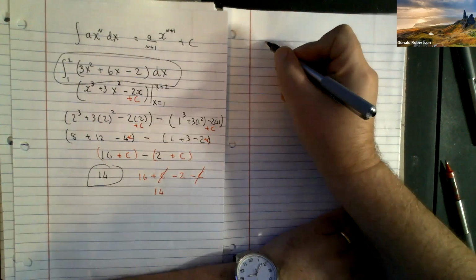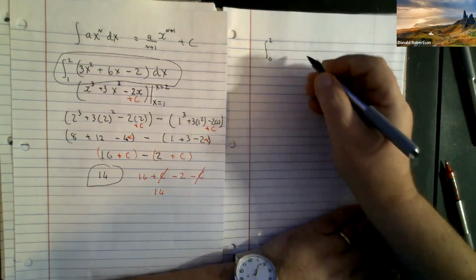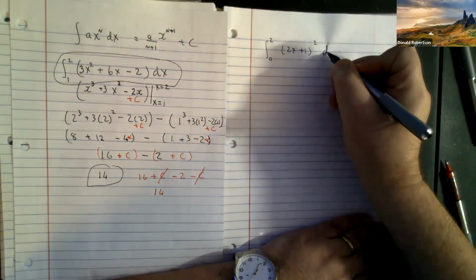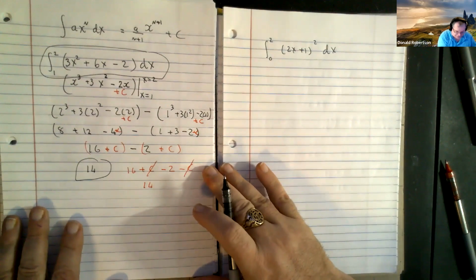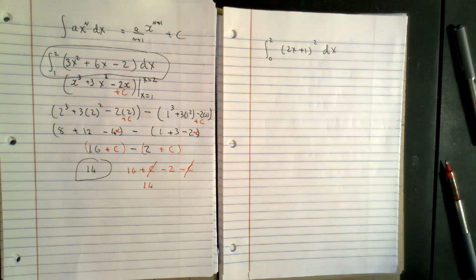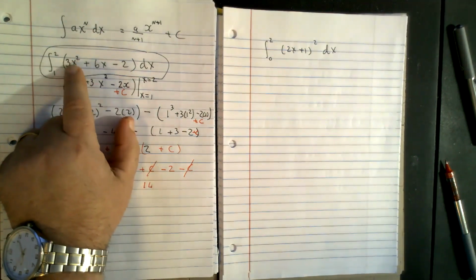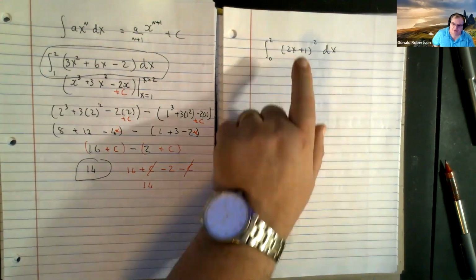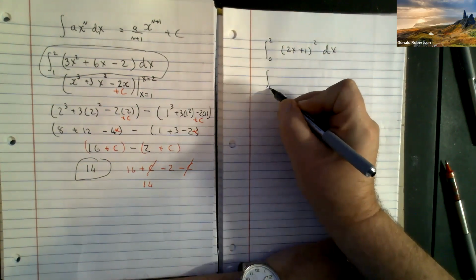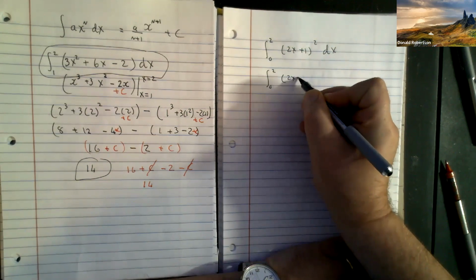polynomials, check. How about the integral from 0 to 2 of 2x plus 1 squared? Well, that is a polynomial. It's just not written in a way that I can use the power rule. I can only use the power rule when we have individual powers of x, and that does not have it. It's a calculation. So what I need to do here is I need to rewrite this fella